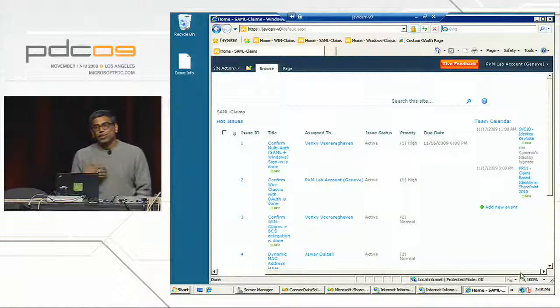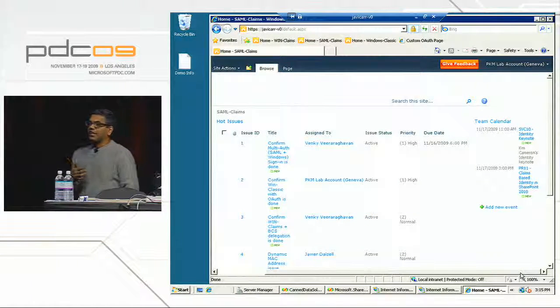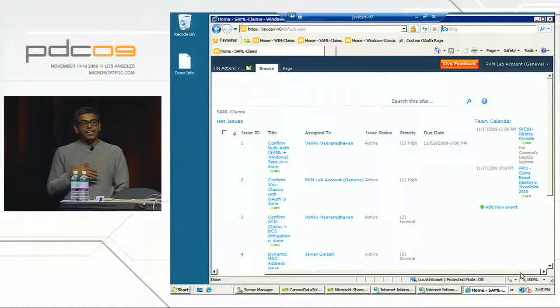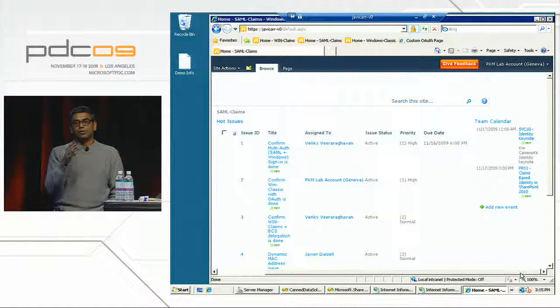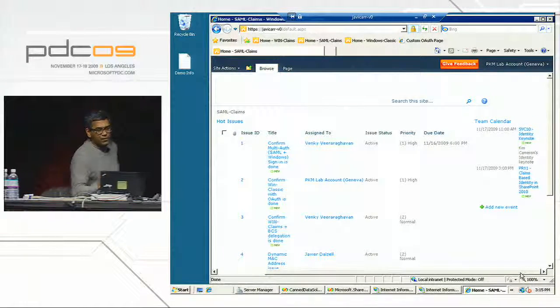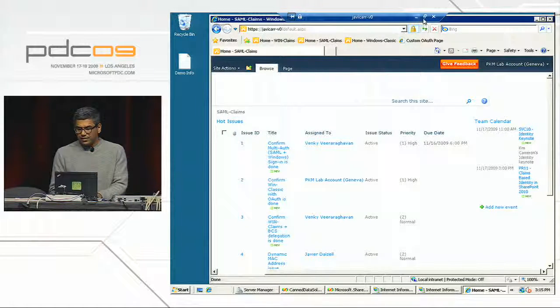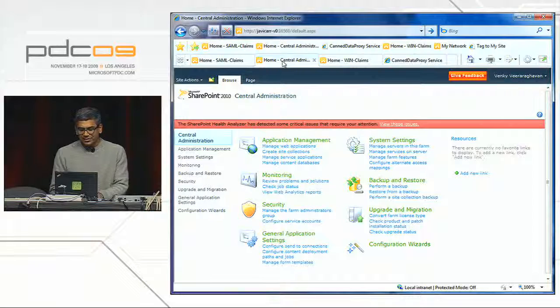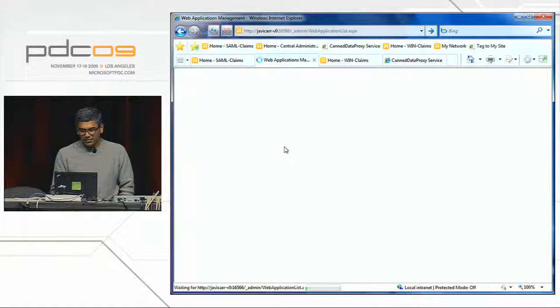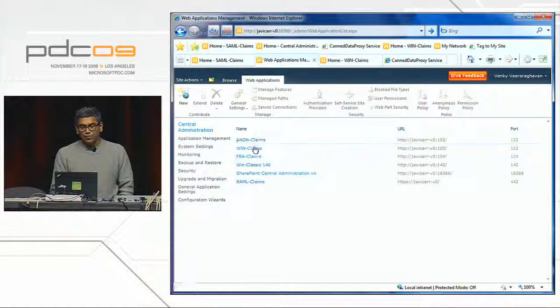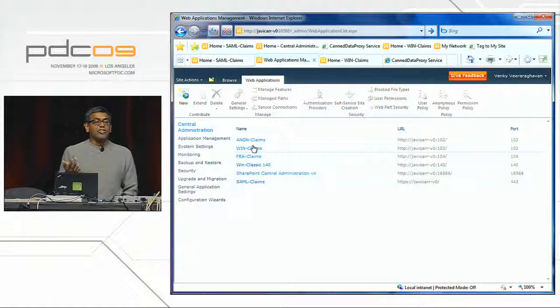And so basically, one of the biggest issues we've had with basic sign-in into SharePoint has been fixed by moving to claims-based identity and so supporting SAML, Windows, and Forms. Now, from a central administration perspective, you have the web application. And you'll see that we just have multiple IIS web applications all configured with different identity providers. So you can actually have a single farm that has lots and lots of different identity providers based on the needs of these things. We did a lot of this work in order to